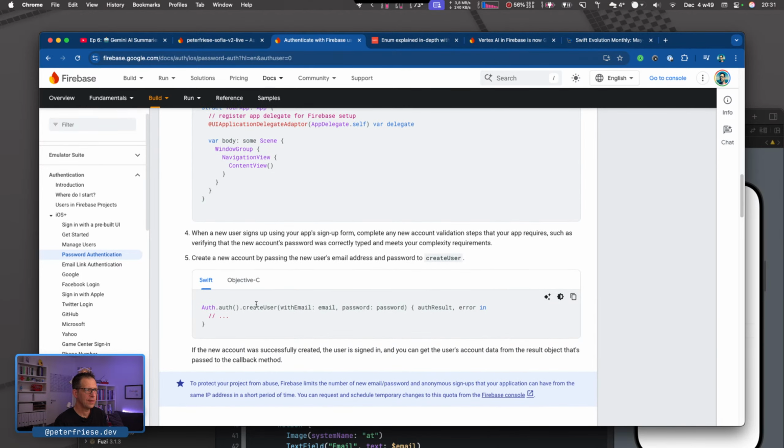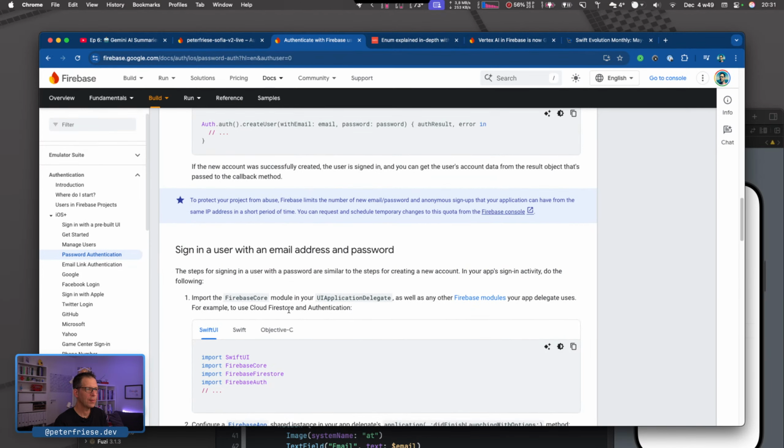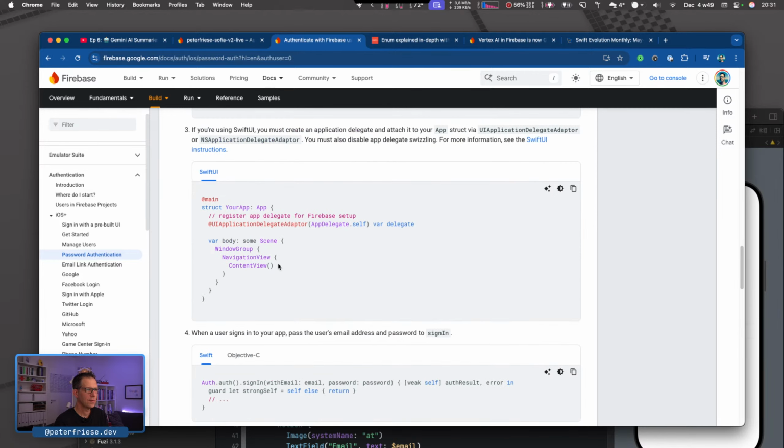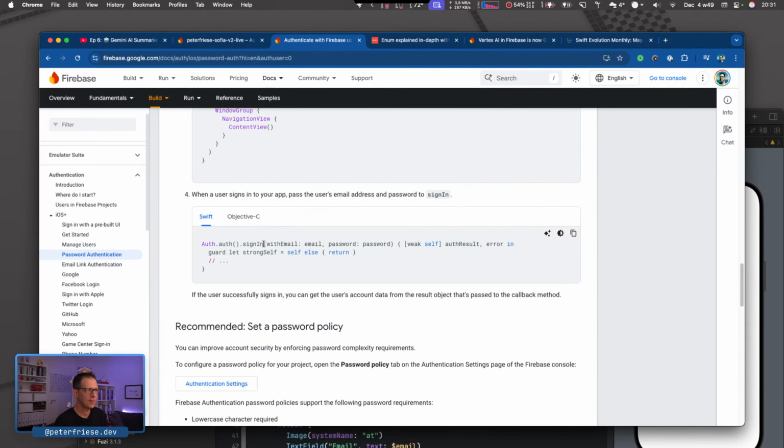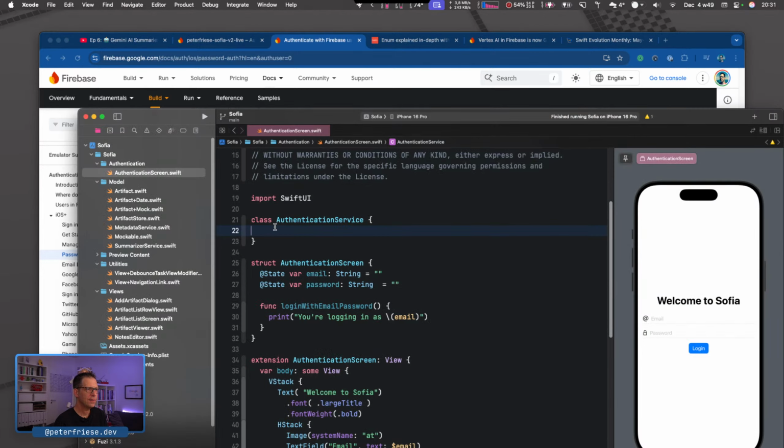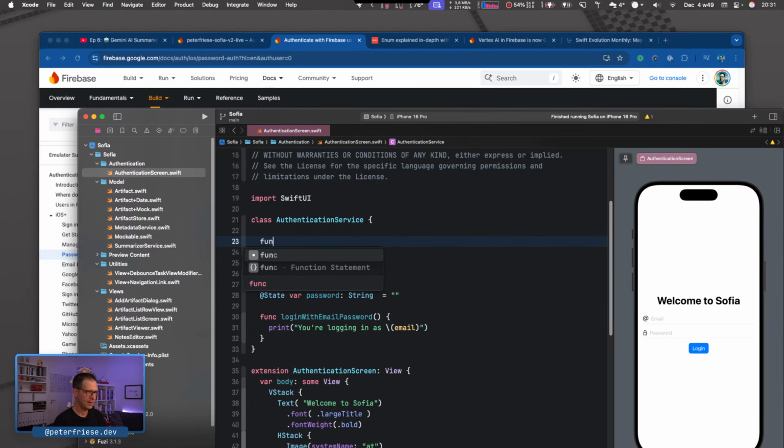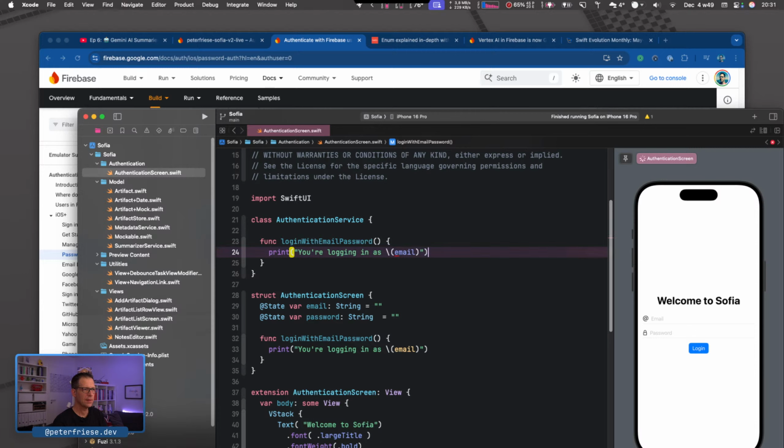And here is how to create a user, but we want to sign in. So auth.signIn with email and password. It's pretty straightforward. So let's go here, and then I need a function login with email and password.